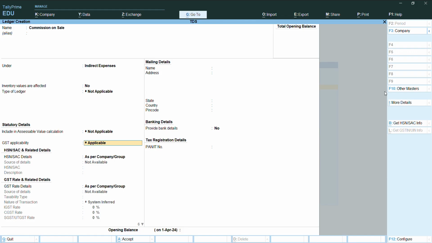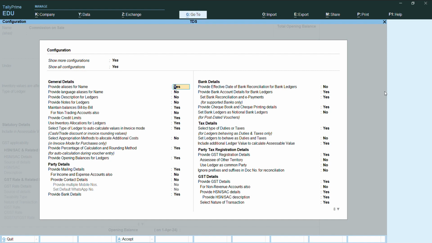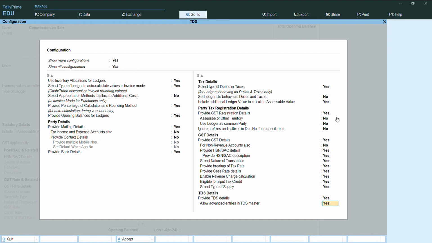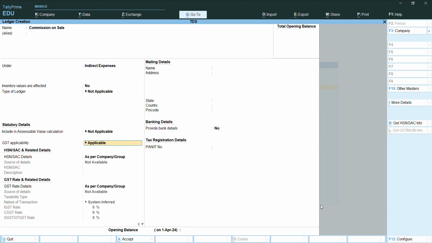Here I don't see the TDS applicability, but press F12, then go with the below option here. Make provide details yes, and allow advance entries in TDS master yes, and then press enter. But also you can see we don't have any TDS applicability option because we are using the Tally Prime educational version. For the educational version, TDS applicability will not be available, so we have to use the